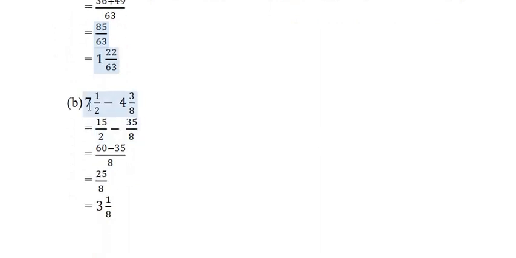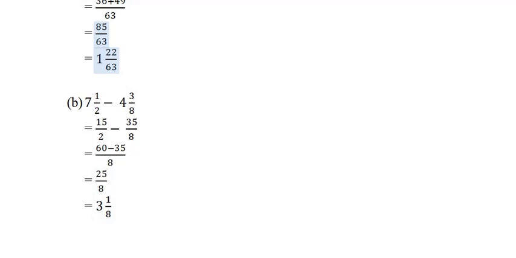First of all, you will convert this mixed fraction into an improper fraction. 7 2s are 14, 14 plus 1 is 15, so 15 by 2, and 4 8s are 32, 32 plus 3 is 35 by 8. Now the LCM of 2 and 8 will be 8. So 2, how many times to get 8? 4 times. Now 15 into 4 will be 60. Now 8 ones are 8, so 1 into 35 will be 35. So 60 minus 35 will be equal to 25 by 8. Now you can convert this into a mixed fraction or end your answer here only, 25 by 8.